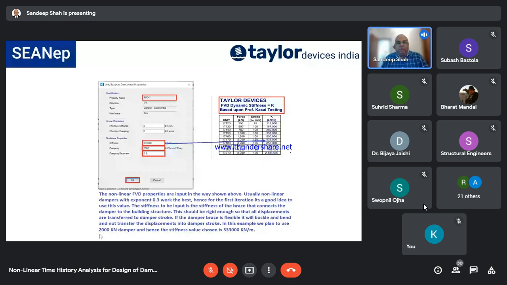Okay, what if I put this as very flexible instead of, let's say, 533,000? What if I put it as 100,000, right? Now 100,000 kilonewton per centimeter stiffness is something which is very, very flexible. So what's going to happen when the earthquake comes and your building moves? This very flimsy steel rod is going to keep fluttering, and by fluttering, it's going to, the entire